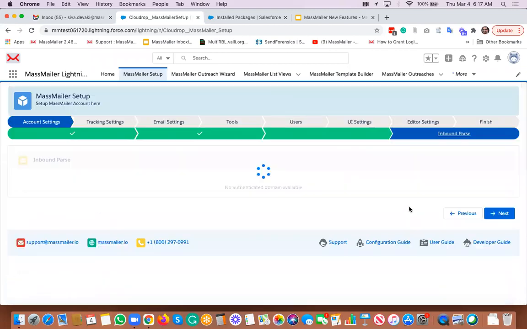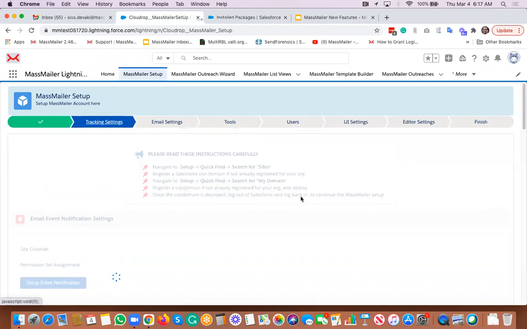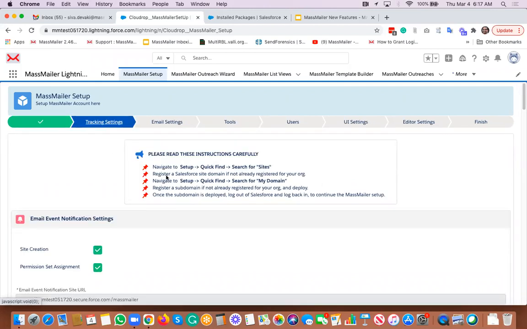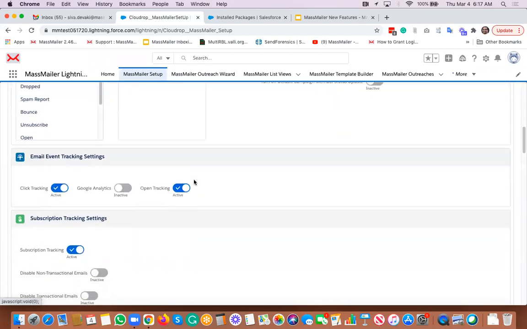Okay, and then the next one, inbound parts, as I mentioned, I'm going to talk about in the upcoming webinars. So we'll get into the details. Otherwise, assume that the feature is available. And then the tracking settings, what changed here